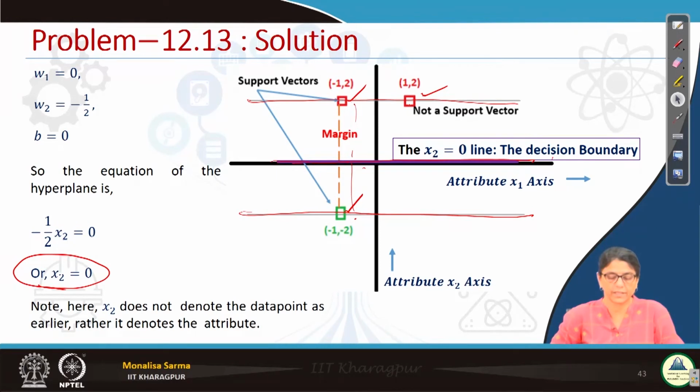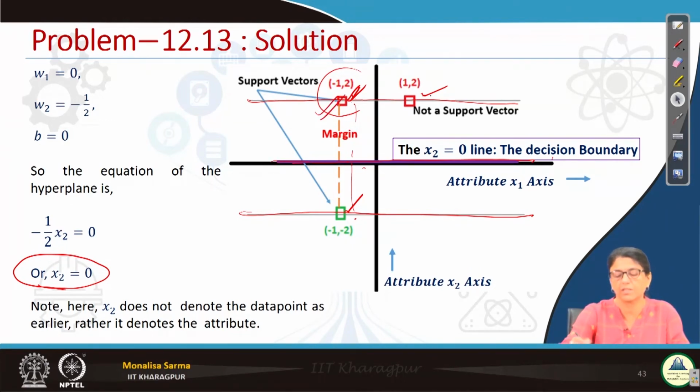But actually, considering that we are working with just 3 data points, considering this as a support vector is sufficient for this data. If I just consider this as a support vector, this no longer needs to be considered as one. In fact, whenever the hyperplane is on the x-axis or on the y-axis, the decision boundary is just parallel to these two lines. So in that case,